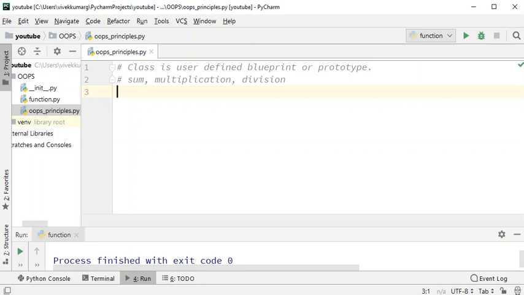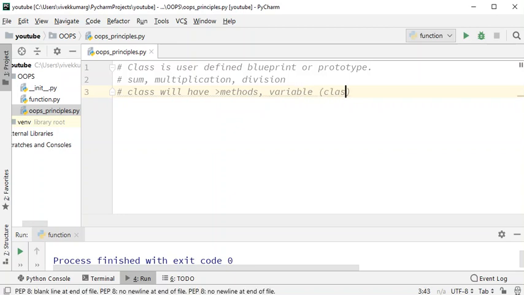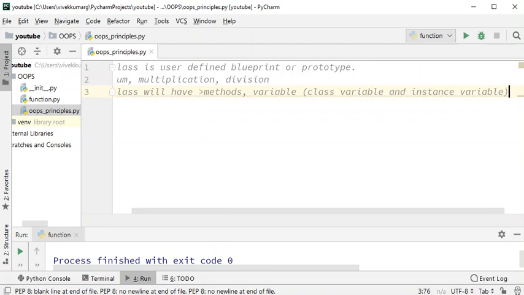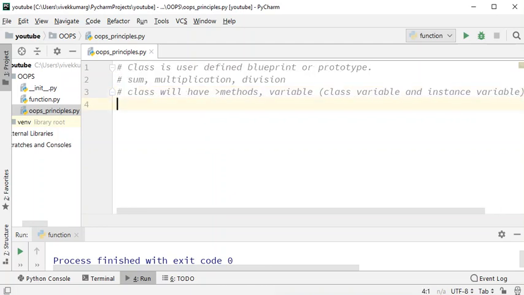So basically, if I have to say, a class will have methods, it will have variables. When we say variables, it can be class variable and instance variable. What else?